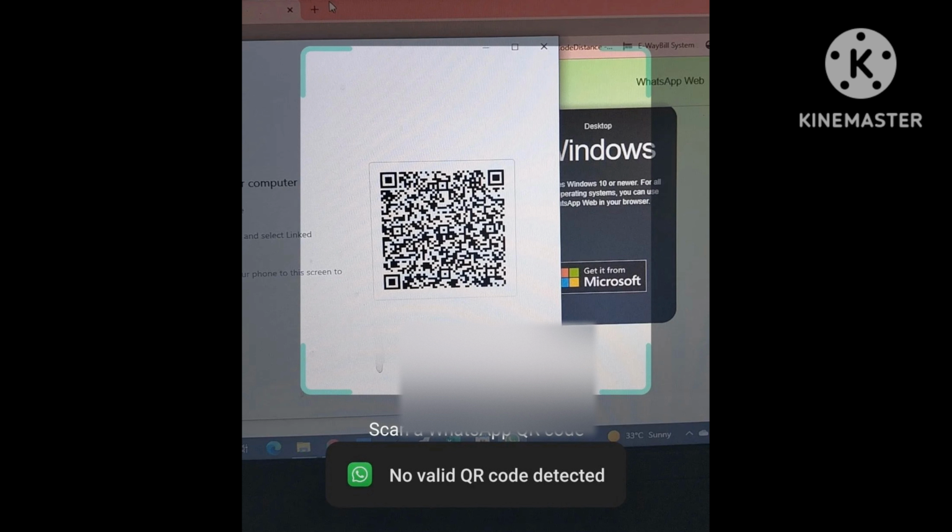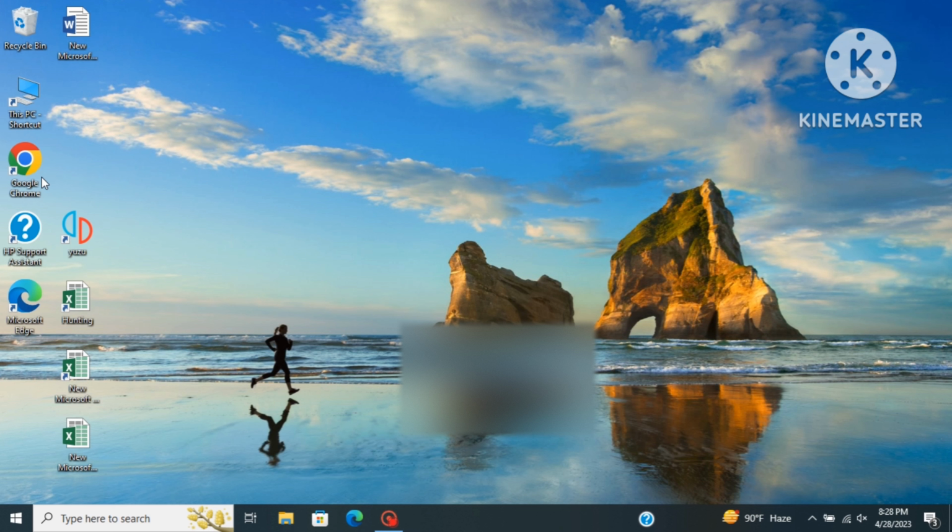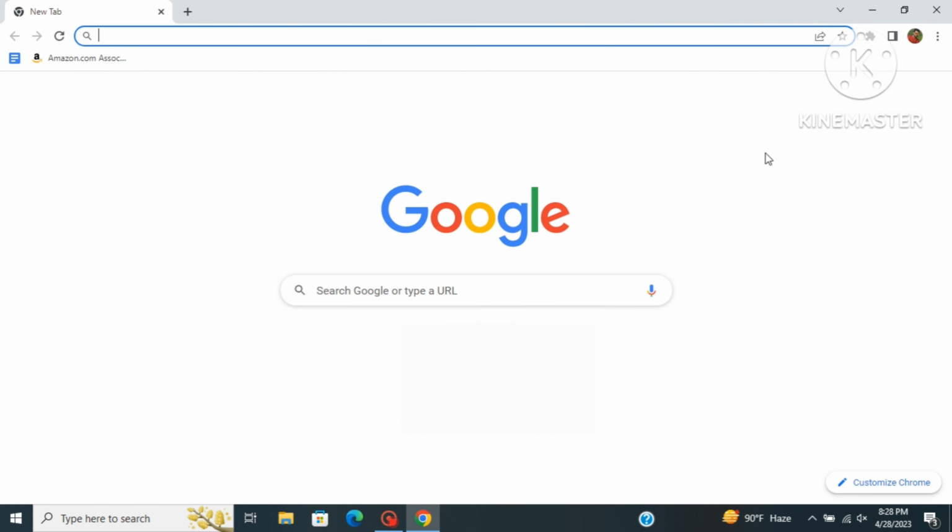Are you looking for how to fix no valid QR code detected problem? In this video, I show you how to fix WhatsApp Web no valid code detected problem. For solving this problem, go to Google Chrome on your laptop, then click on three dot menu, then go to